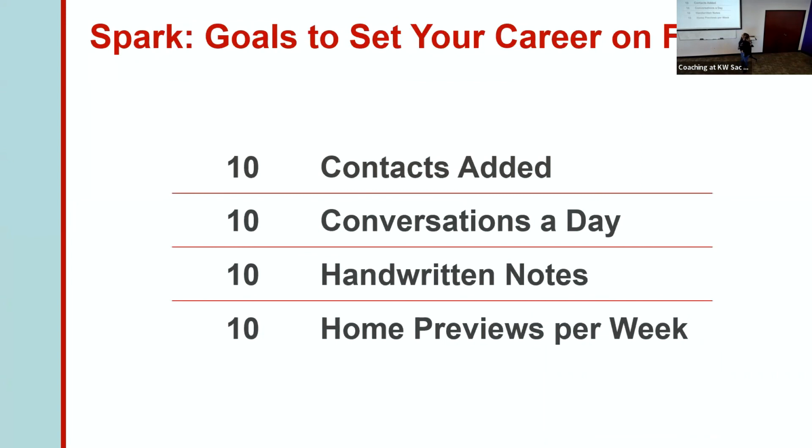Okay, so Spark, goals to set your career on fire. Here are some goals that you can do too. Pretty easy start: 10 contacts added. I don't know how long this is for. Is this in the next month? If this is something you can do every week. It's conversations a day, conversations per week. Okay, there you go. So for today, I challenge each and every one of you to get 10 contacts added